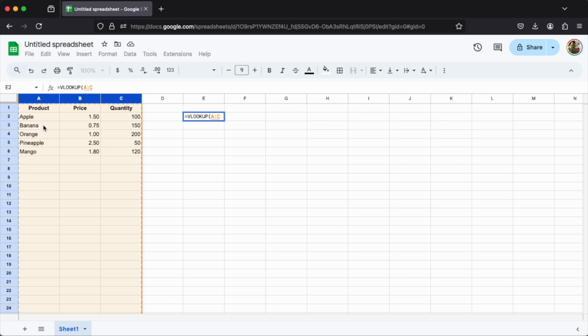We'll continue here with the index. That was the next one on our list. That is basically which column do you want to display. So this is column 1, 2, and 3. So it's kind of weird because it has A, B, C listed up here, but whenever you're doing the VLOOKUP, you're going to do 1, 2, and 3 representative of A, B, and C. And then the last